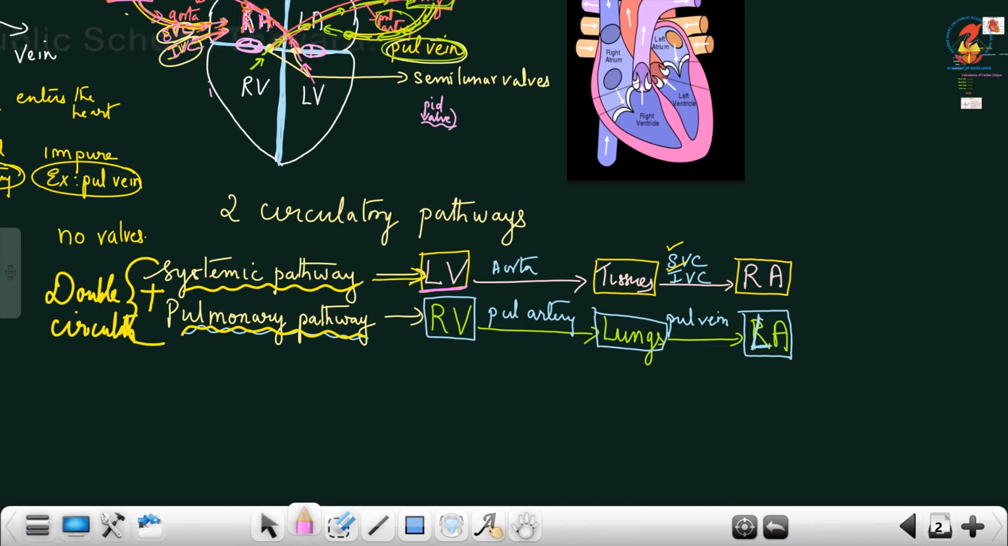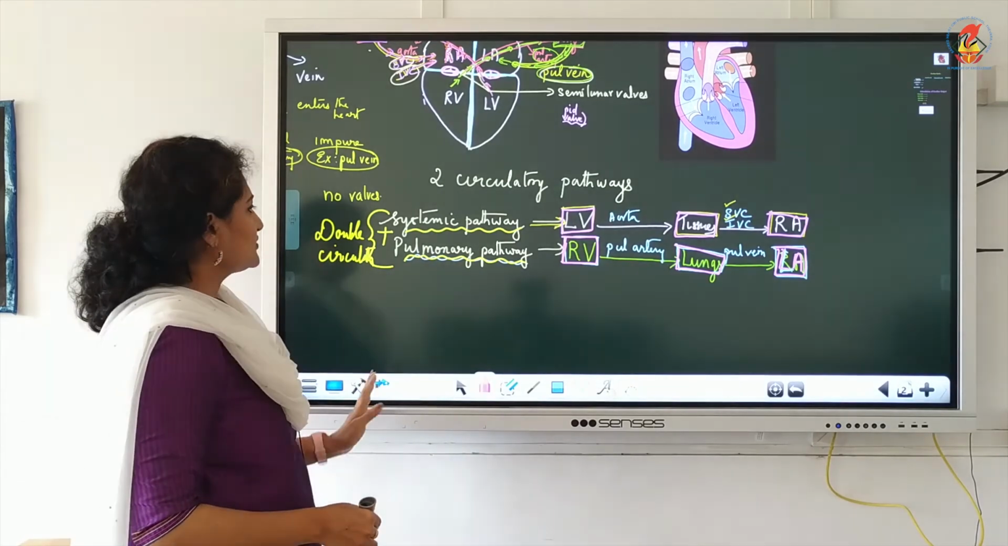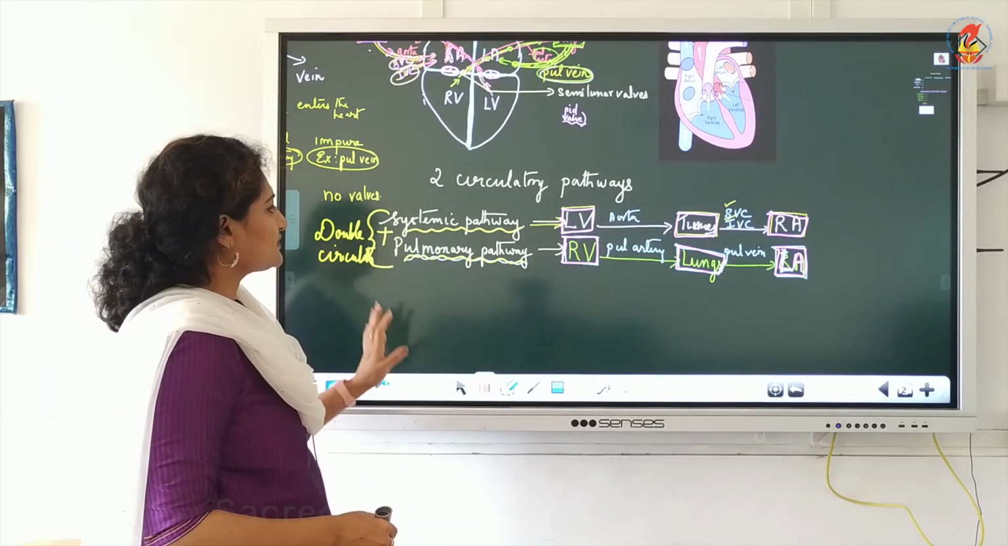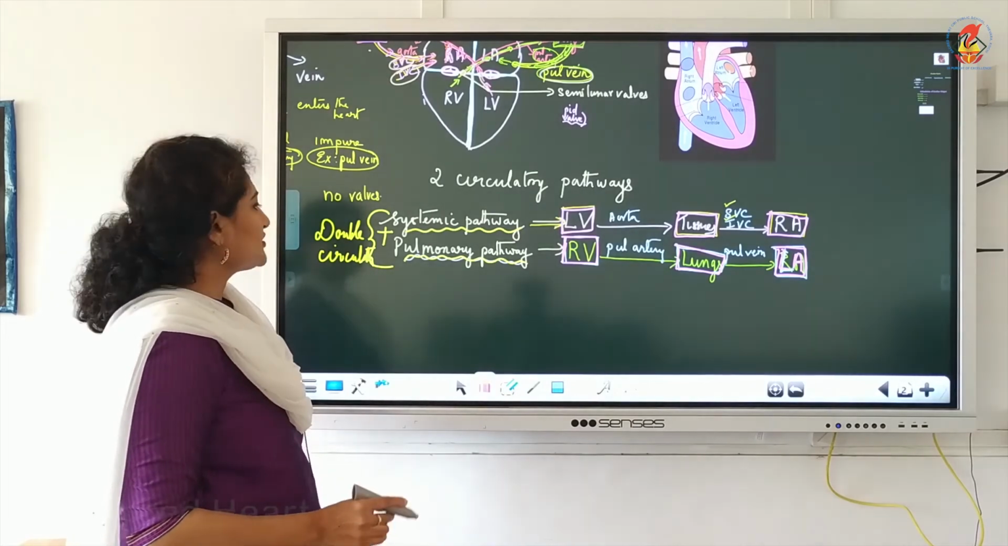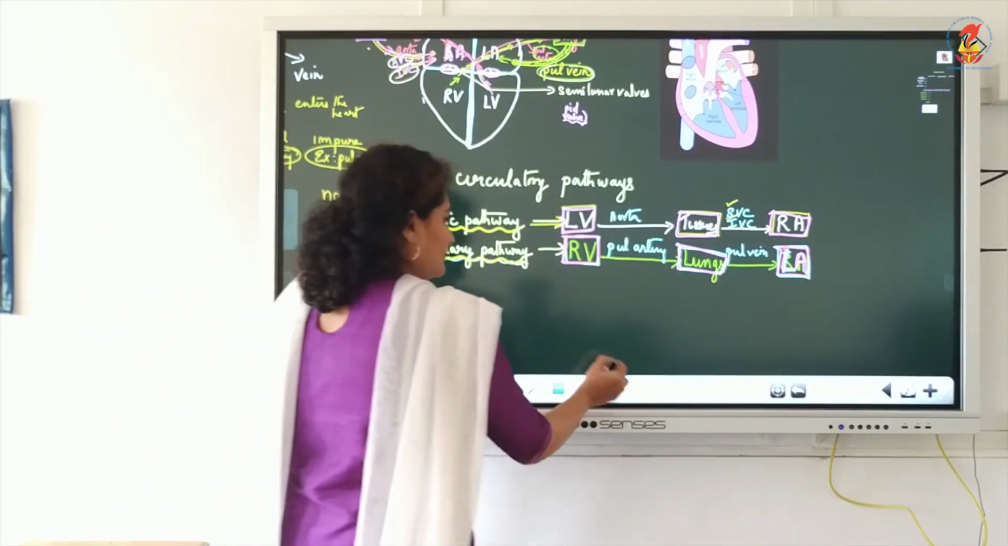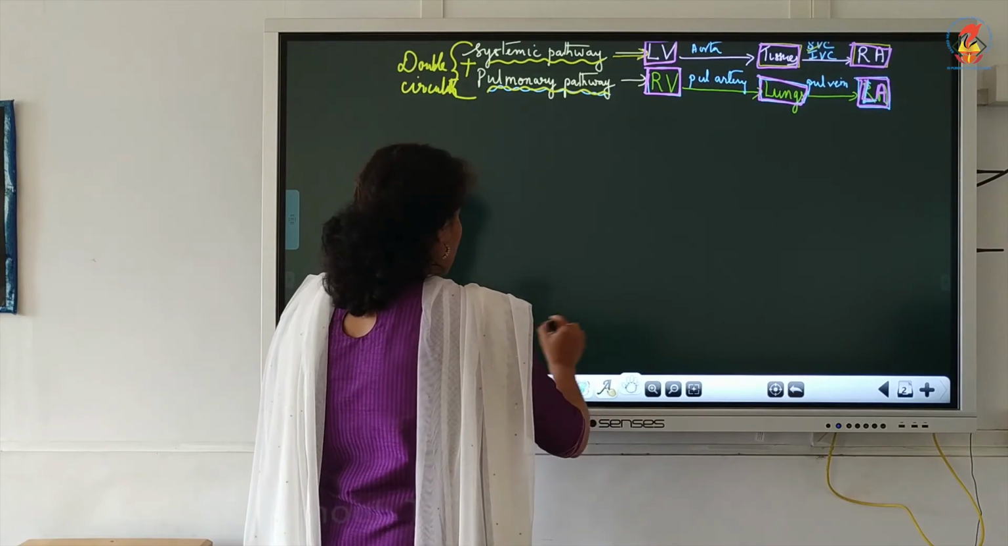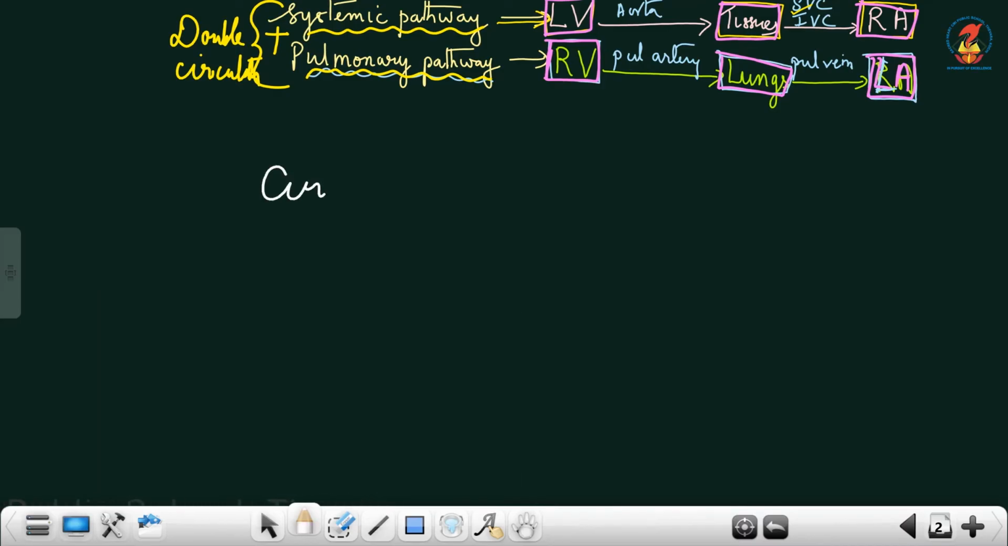So here you see the left ventricle in systemic, whereas it starts with the right ventricle in pulmonary. Here it is tissues and here it is lungs, and finally we end up here with the right atrium, and here we end up with the left atrium. Don't learn it by heart, understand and track the route, it will be easy. So these two pathways, systemic pathway and pulmonary pathway, constitute the double circulatory pathway of humans or mammals as a whole. So when we analyze the circulatory pathway of other vertebrates,